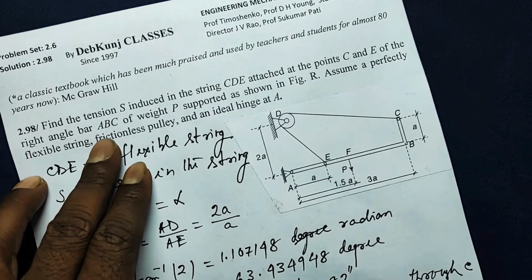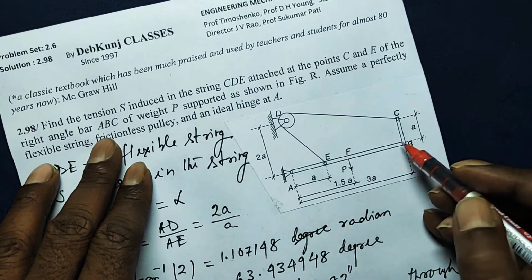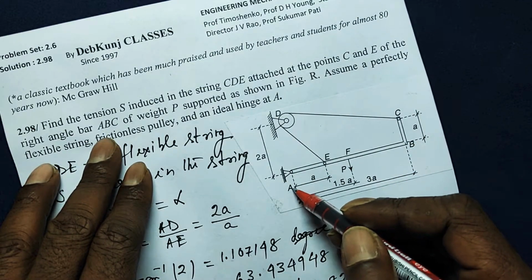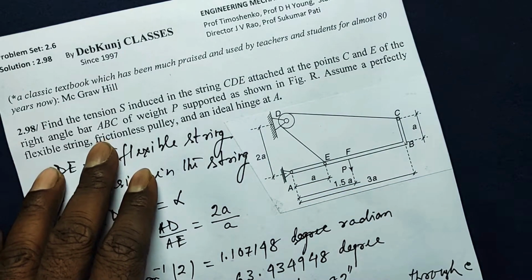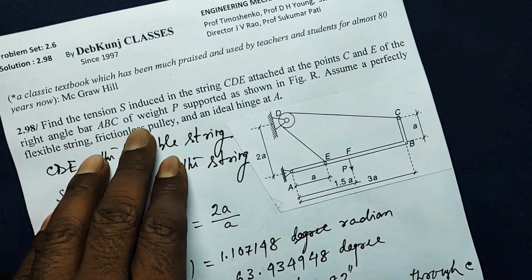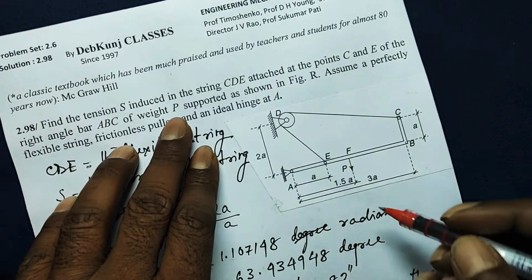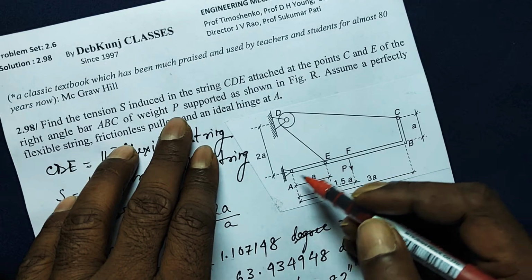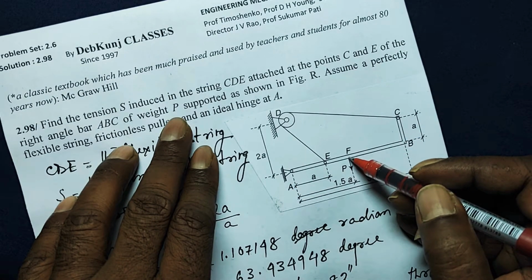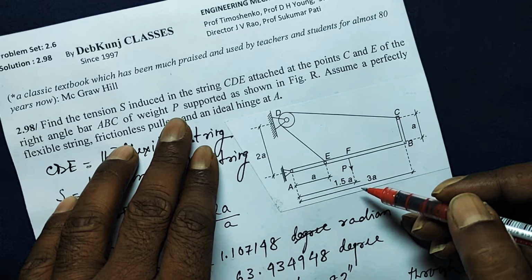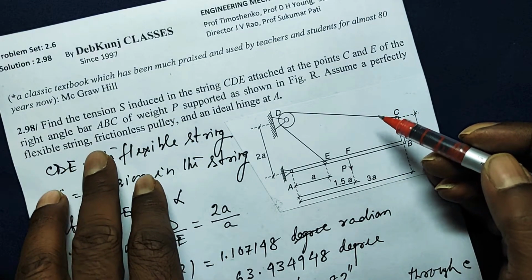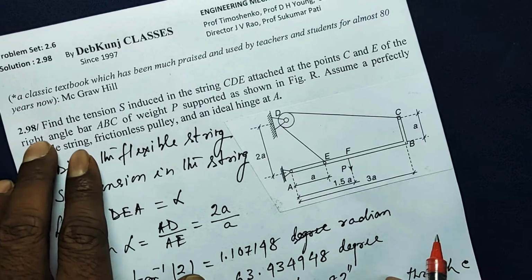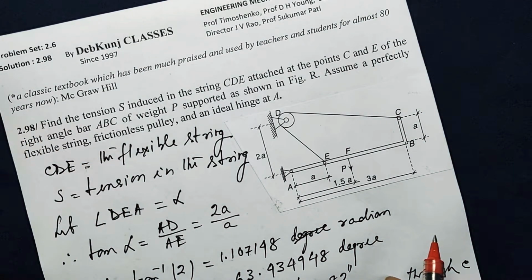The bar is right-angled, ABC is right-angled at B. This point is not A, this is the point A. And what else? The weight is P. The weight of this bar acts from here, vertically downward. Assume a perfect flexible string, frictionless pulley, and an ideal hinge at A. We have to find the